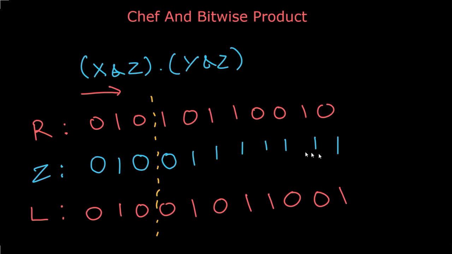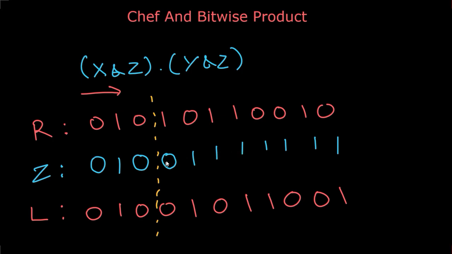So why did we take this pattern? Whenever we set this bit as 0, it is always better to set the rest of the bits as 1, because in this function we also need to maximize these individual bitwise AND values. To maximize this bitwise AND value, we are taking the rest of the bits all as 1. Say some bit over here was 0. So while ANDing with X or Y, if this corresponding X or Y bit was 1, then we are losing this term. It is obviously better to have 1 over here rather than 0. So when we set this bit as 0, it is desirable to have the rest bits all as 1.